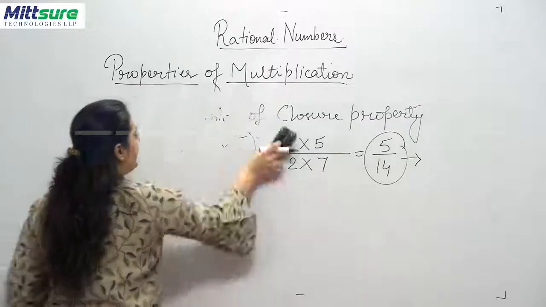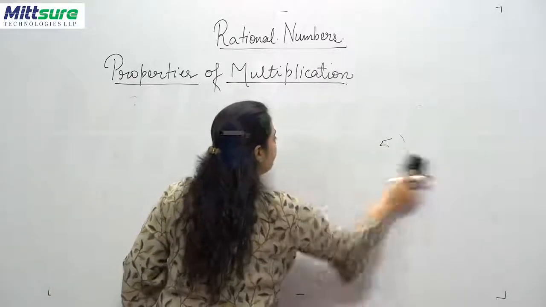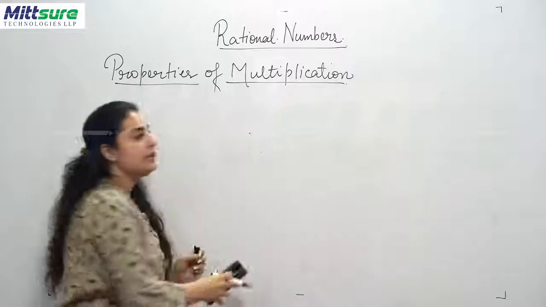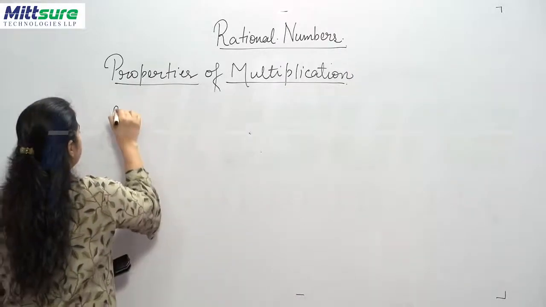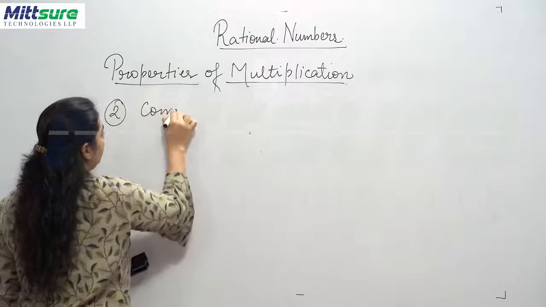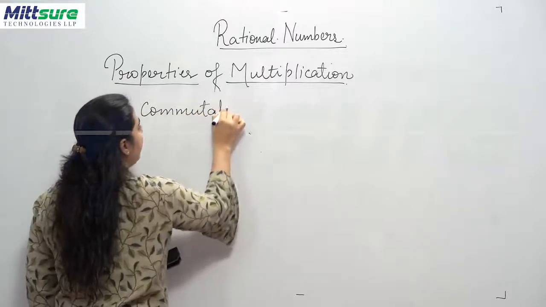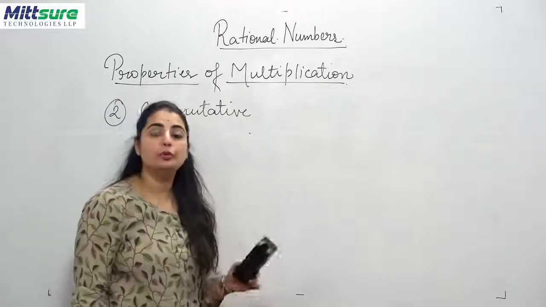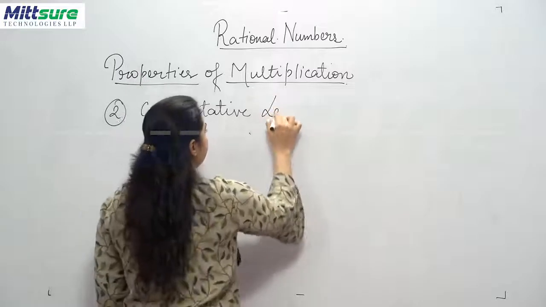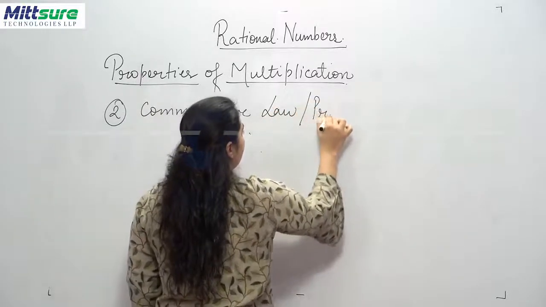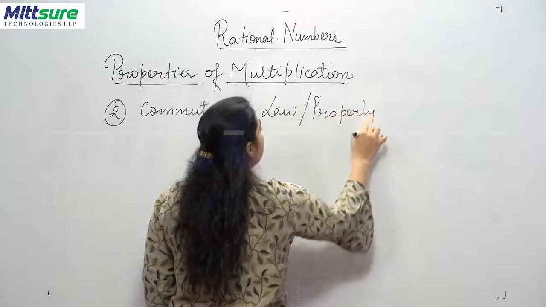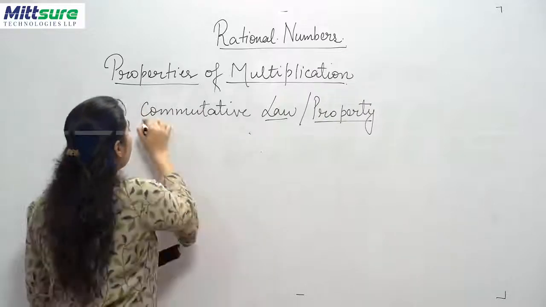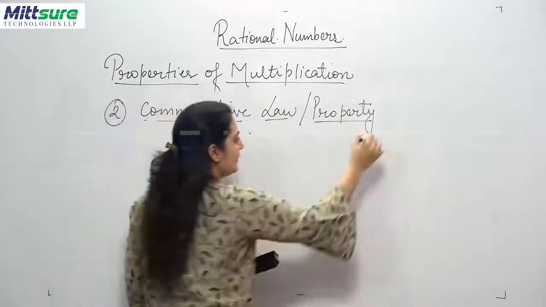Now let's talk about the next property, that is the commutative law. It could be called the commutative law as well as the commutative property. Both are correct. Instead of the word law, you may use property also. So, the commutative property of rational numbers says that